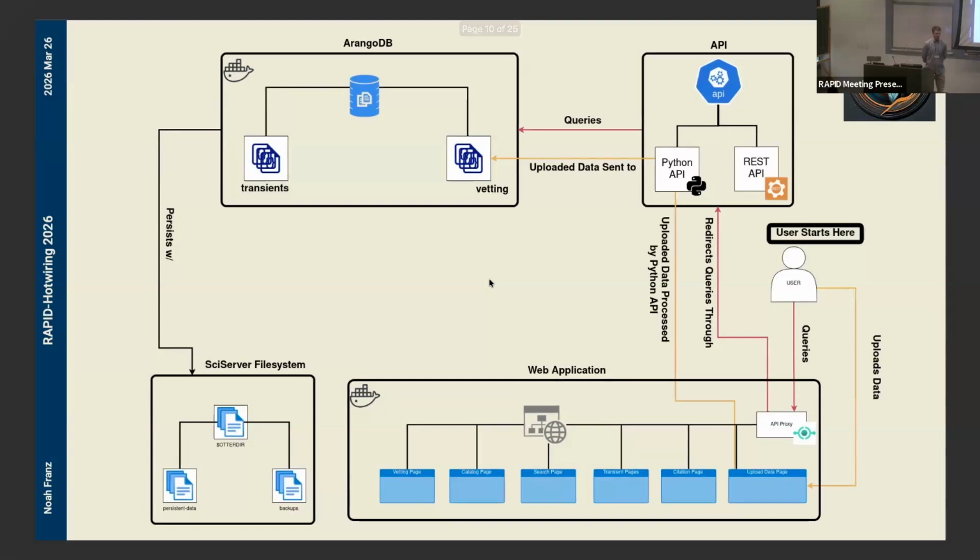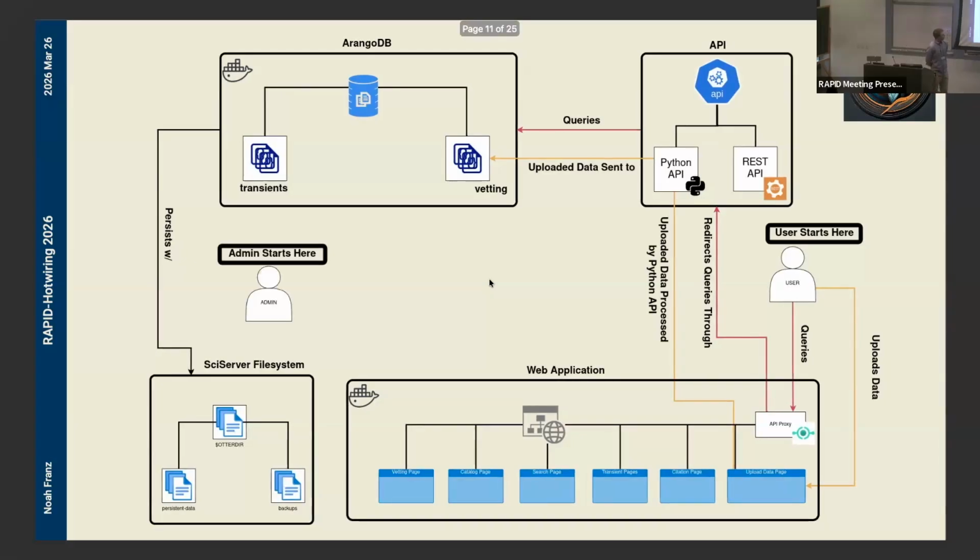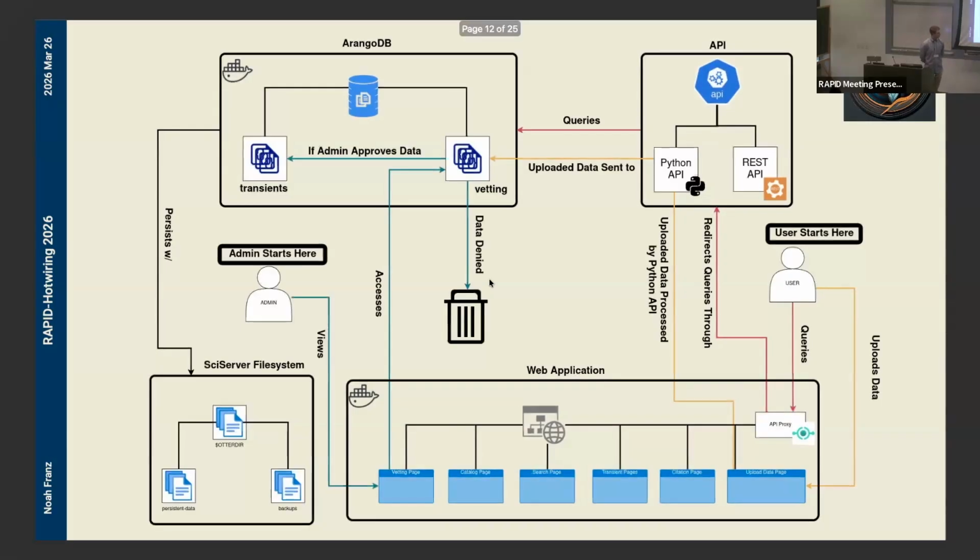But another thing that we hope you want to do is also contribute to this data set. And so through the website, you can also upload data after publishing, allowing the community to easily access it and use it for their research. After uploading, your data goes into this staging ground, this vetting collection, which is where we currently have an admin come in. What this admin does is they go to a vetting page on our website, and they're able to view the new data sets and, as has always happened, approve them, but in maybe rare cases, deny them or reach out to the authors to figure out why it doesn't look proper or something like that.